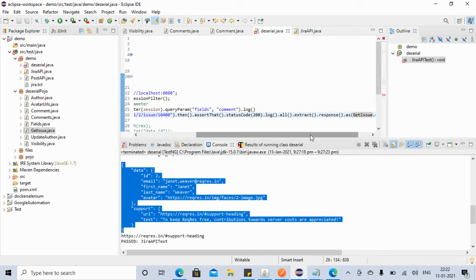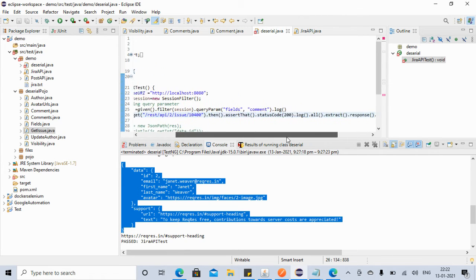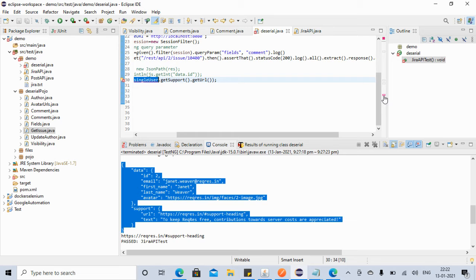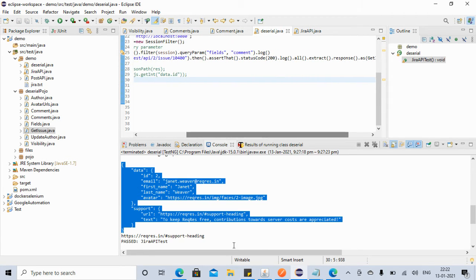Now what is happening when you are hitting this API, this get issue, is that it will convert the response into the get issue class format. Let's see why this error is there. Just a second. Okay, get single user, no. Just remove it for now. It will change this response that we are getting right here.